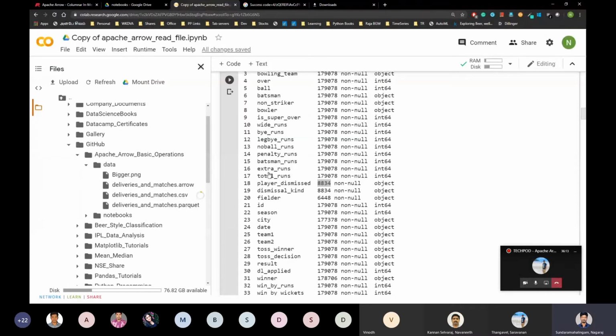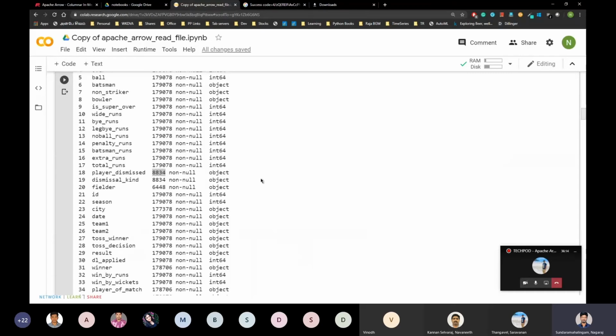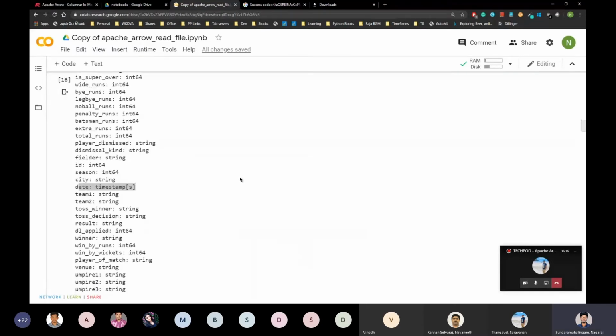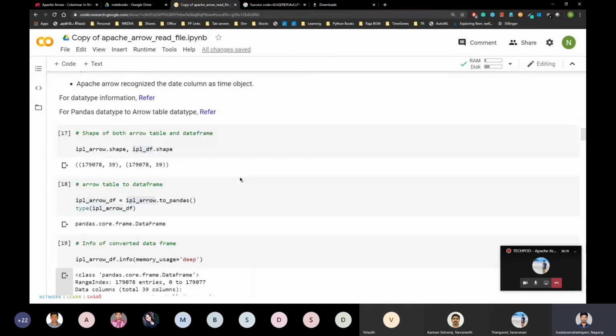While it downloads, see the code. By default, if you read a CSV file in Apache Arrow, it considers all the values to be strings. If there is an empty value, it considers that an empty string.